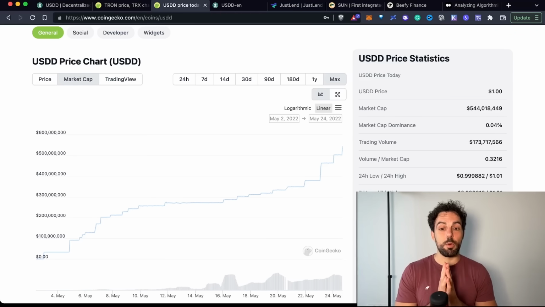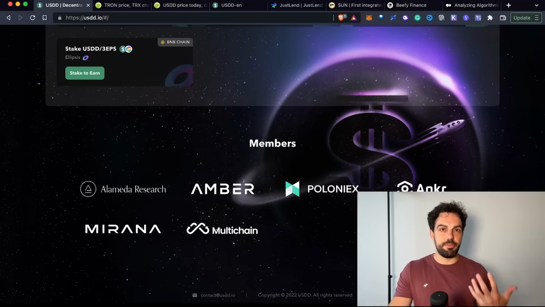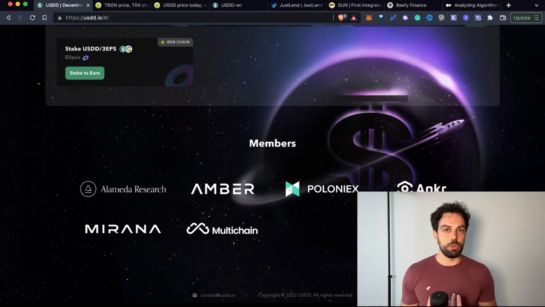And that's exactly what is happening, because you need to know that the main difference between USDD and USD is that, at least at this moment, only a few players have the ability to mint and to access the arbitrage system in order to control and maintain the peg of USDD. On one side, this is positive because they are able to defend the peg much better, but on the other side, it doesn't look so decentralized.